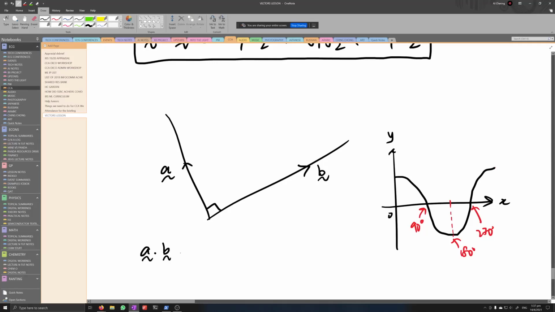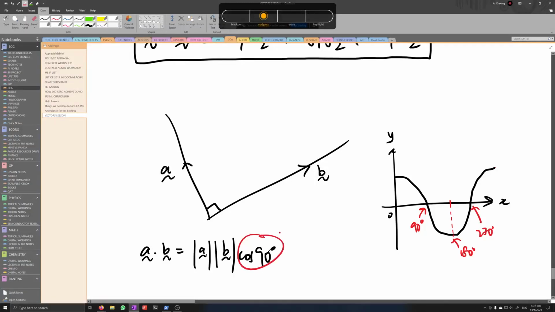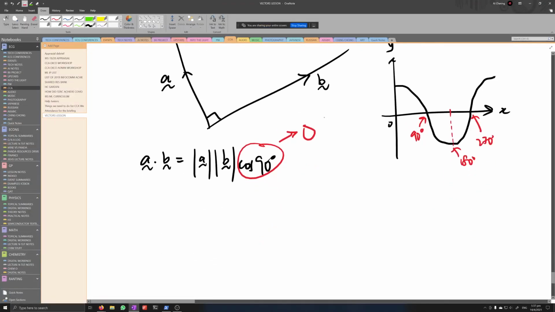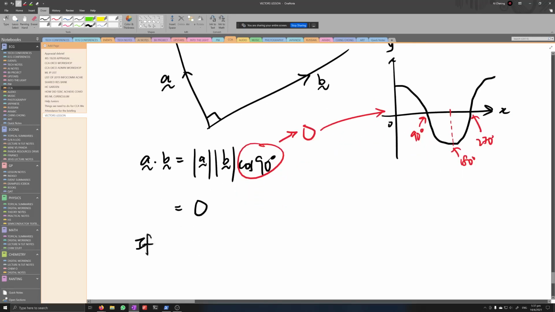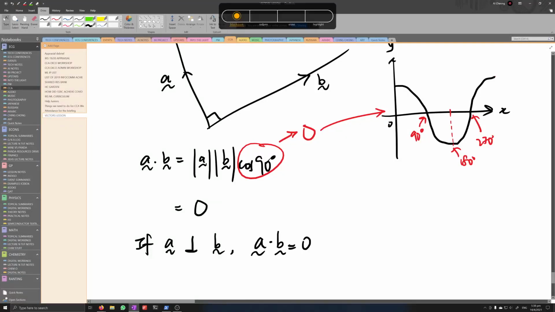So, if we were to take A dot B, right, for this case, it will give us mod A mod B cosine 90, and we know this to be 0 because of this relationship, and therefore we get 0. So actually, right, if A is perpendicular to B, A dot B equals 0. And this is actually like a definitive test for